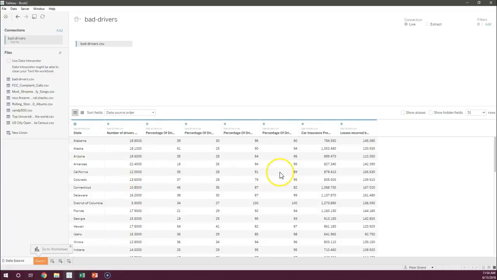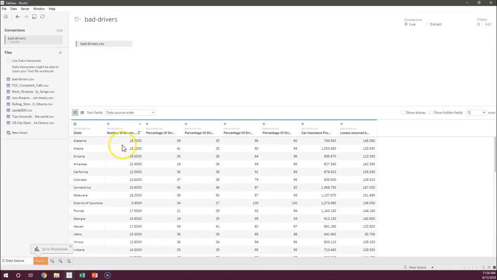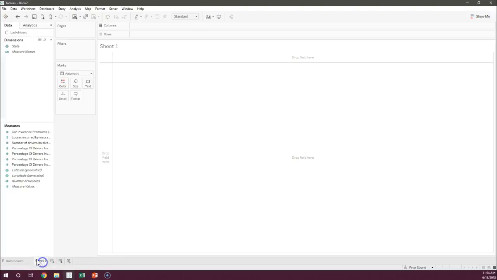Now let's just take a look at this data and make sure it looks okay. It looks okay to me. It's a pretty clean data set, so if there's anything, I'll just go back and change it. Okay. Alright, so let's make our first visualization. This one's going to be pretty simple. It's just going to be a table showing by state